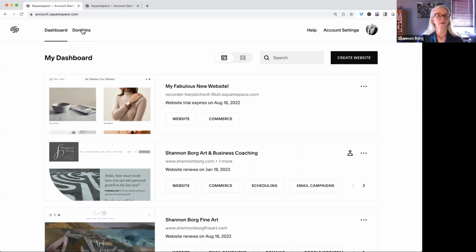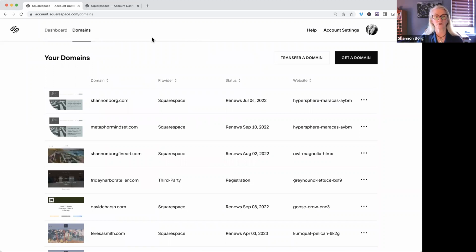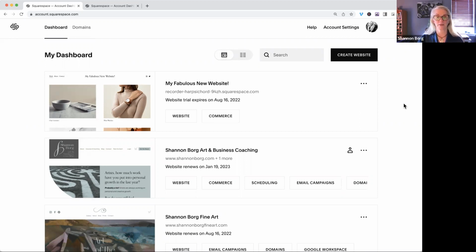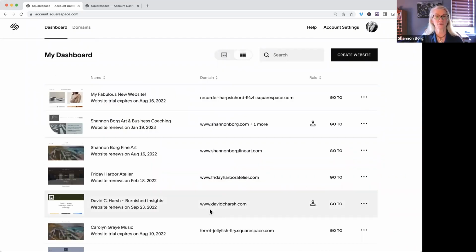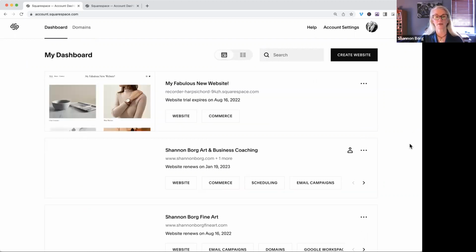Up here on the left-hand side is your dashboard and then your domain. I'll walk you through how to choose a domain and how to buy one in another short video. But this video is just basically how Squarespace is set up. So you have your dashboard. You can look at it a couple of different ways. Here is the view that's more just a list. I like to see a bigger version of all the websites. And then it shows you